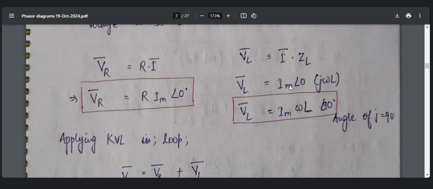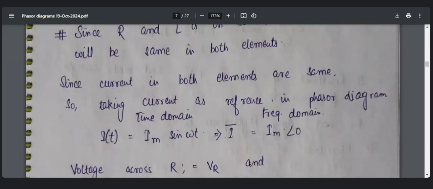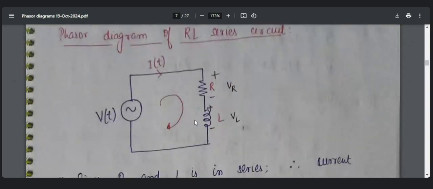Im has 0 degrees, and since j omega L is in multiplication form, j has an angle of 90 degrees. So when we add 0 degrees plus 90 degrees, we get VL bar equal to Im omega L angle 90 degrees. Okay, so we have calculated the voltage of resistance in terms of phasor and the voltage of inductor in terms of phasor. Since we have calculated these, we have to apply KVL. Since this is the loop, and if we